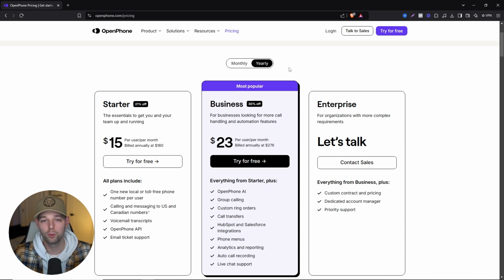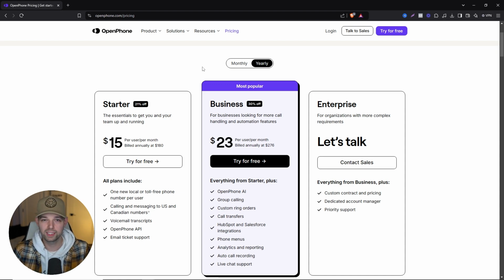And this is actually the platform that we use for Service Genius. So if you're going to do the yearly plan, you're looking at about $15 per month per user. So if you do have a large team, it can get a little bit pricey, but if you have a large team, you should be bringing in enough money that you can expense that cost and overall look at the return that you're going to get by landing those new jobs and being able to communicate and just simplifying the